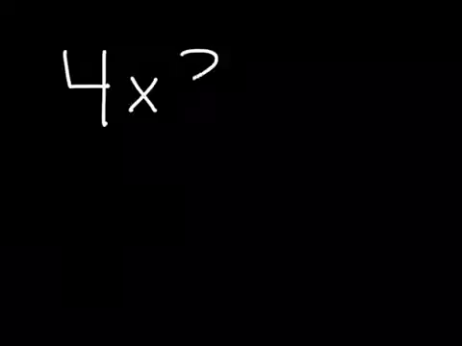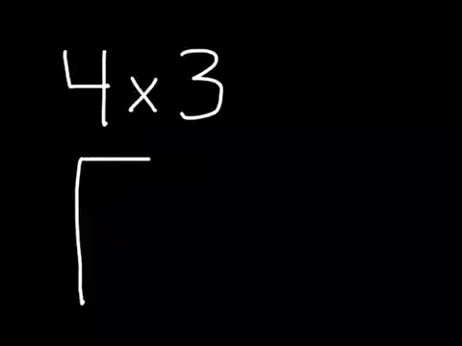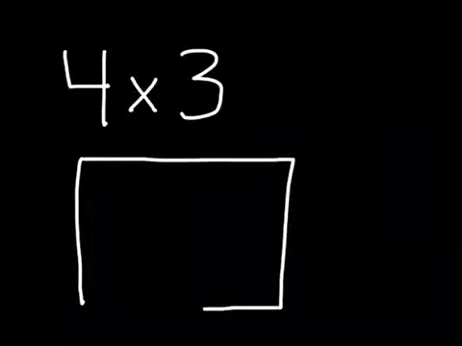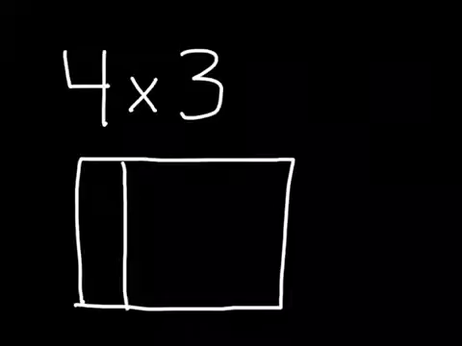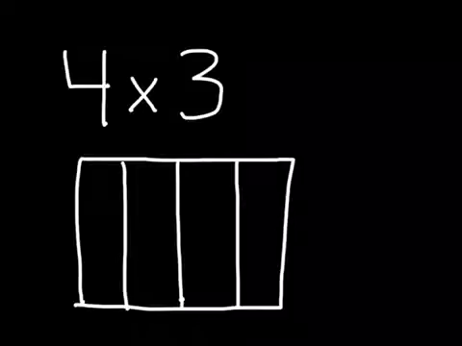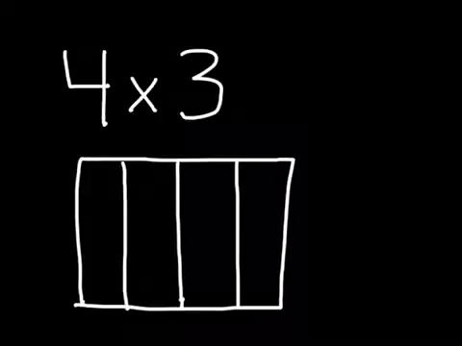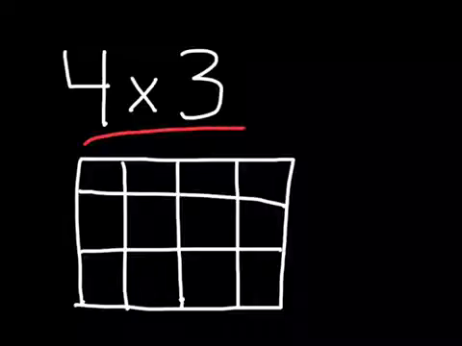Now we're going to solve 4 times 3 using an area model. So first I'm going to draw our area model with a big box. Now I'm going to draw 4 equal rows. 1, 2, 3, 4. For the 4 in my problem. Now I'm going to separate the box into 3 rows going this way. 1, 2, 3. Now I'm going to count how many boxes I have, because I know I have 4 groups